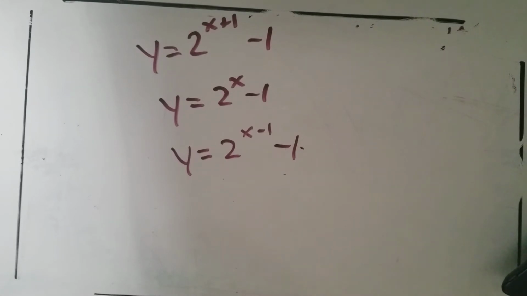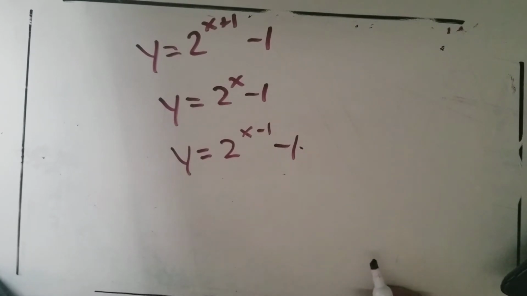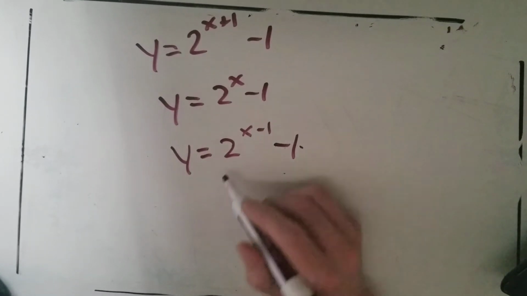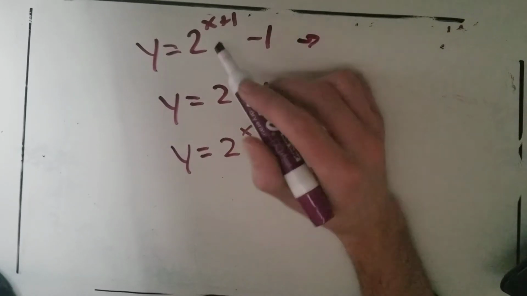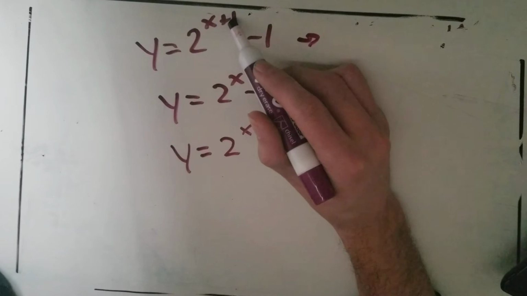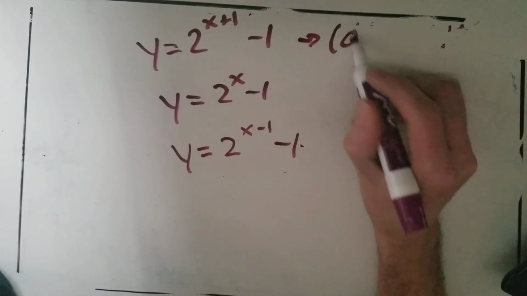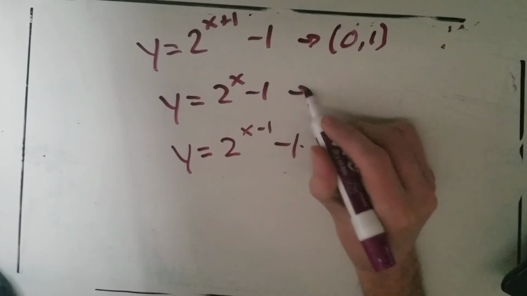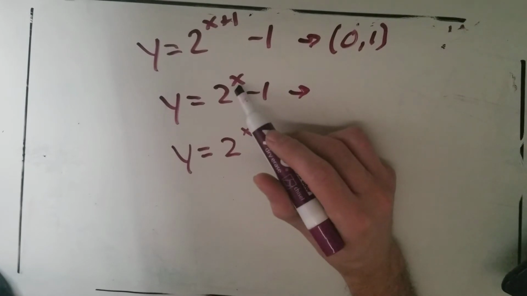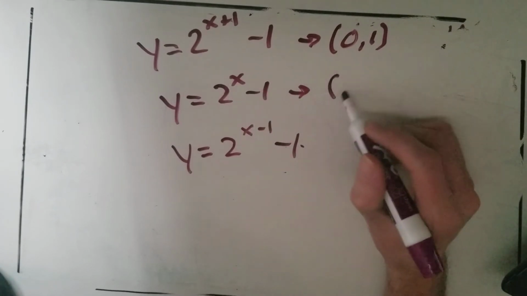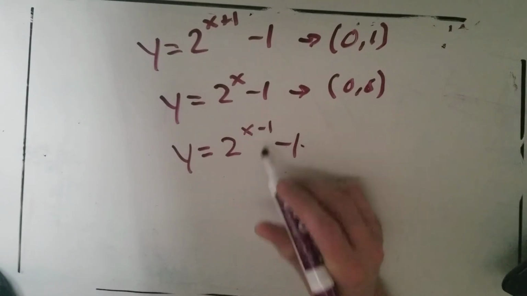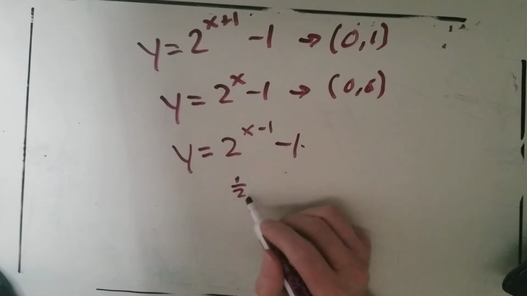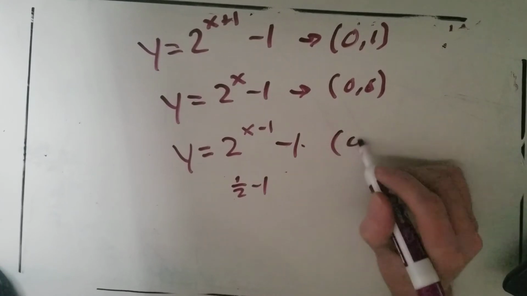So we need to figure out which one of these is the correct graph. And again, I would go to the y-intercept here, put a 0 in for x. For this one you get 2 to the first, which is 2, minus 1, which is 1, so your y-intercept is (0, 1). 2 to the 0 becomes 1, minus 1, your y-intercept is (0, 0). 2 to the 0 minus 1 is 2 to the -1, so that's 1/2 minus 1, your y-intercept here is (0,